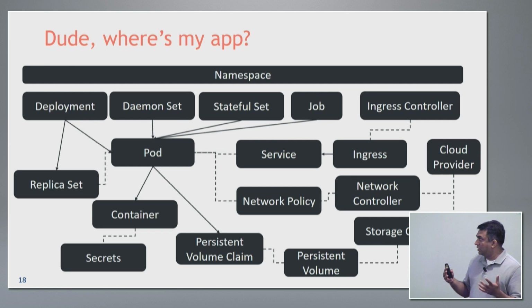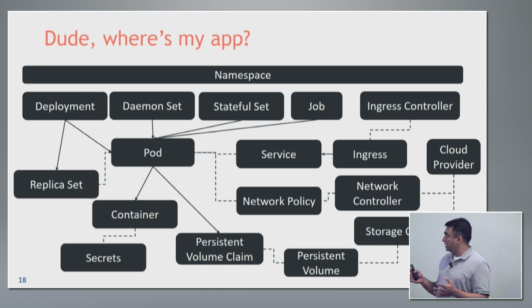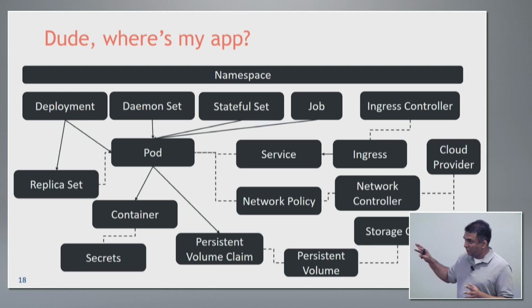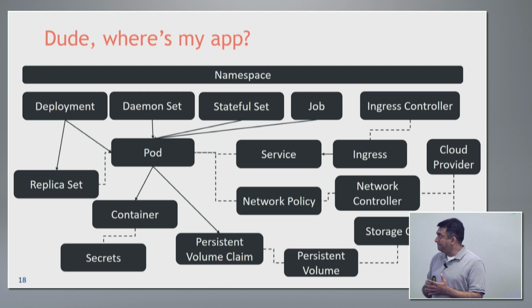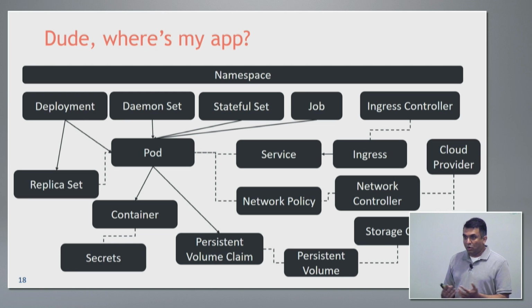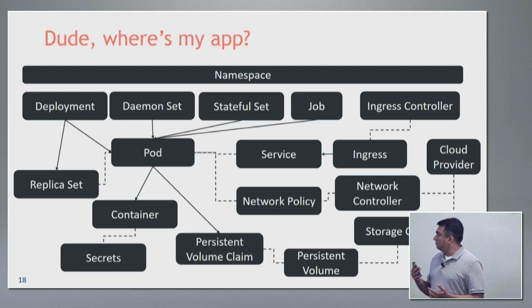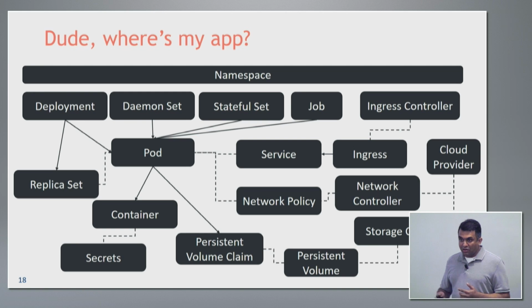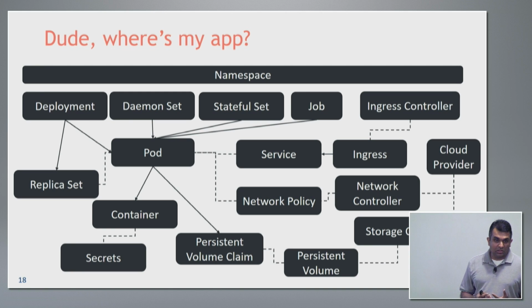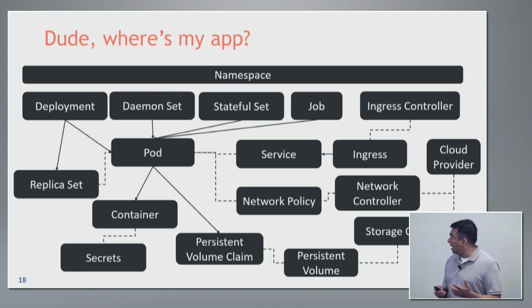If you double click into Kubernetes and its set of constructs, and this is just 10-15% of the concepts that Kubernetes exposes, as a developer you start wondering: if I want to build my application, what do I need? Where do I start? Do I need a bunch of pods, or do I need to define services or deployments? What's a stateful set, and when do I need a daemon set? There are a lot of new concepts and constructs to learn, which is very powerful, but it's also very daunting for a lot of folks out there.